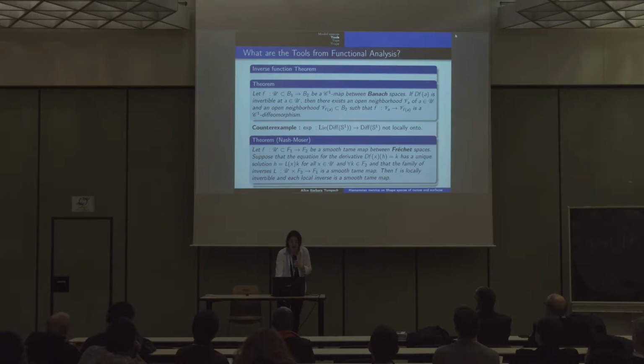The theorem is just saying that if a nonlinear map between Banach spaces has its differential invertible at one point, then it is in fact invertible in a neighborhood of the point. This is not true like this in the Fréchet setting. And the famous counterexample is the exponential map from